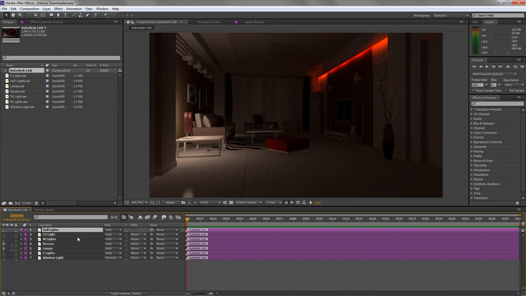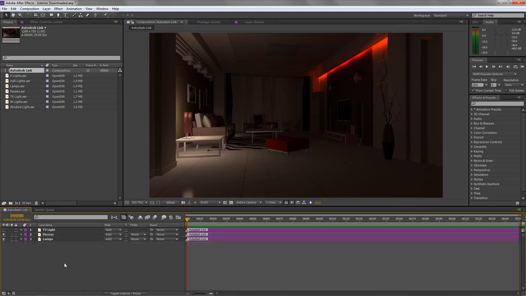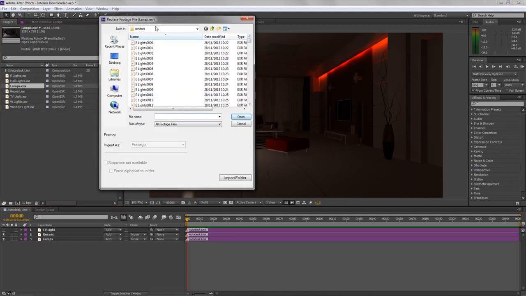We get rid of hall lights because we're not using those, and these ones, and then up here we just pick the ones we are using, lamps, and we right click, we go replace footage of file, and we replace it with the new rendered EXR sequence. Now move down here until I get to lamps, and you'll see that there's 250 EXR images here, one for each frame, but if I select any one of them, After Effects recognizes it as an EXR sequence,